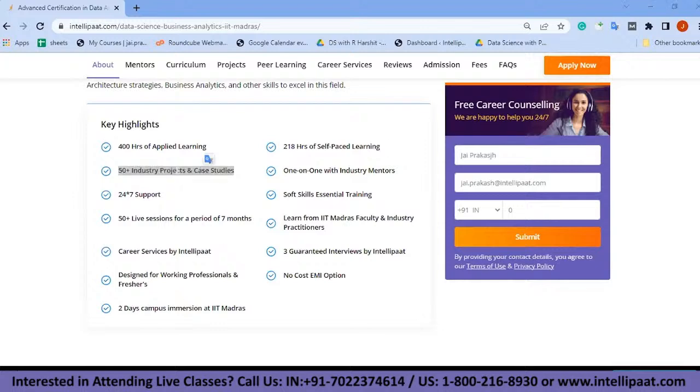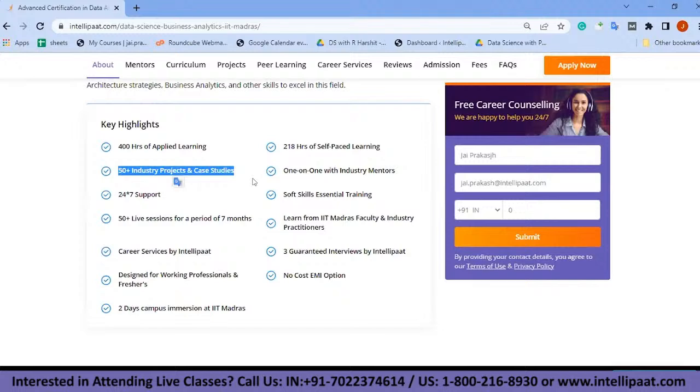Now, the best part of these project work is that all these projects are real world company projects, which means we take these projects from companies and we give it to you for working. We don't give you any dummy data sets or dummy projects to work upon. So the benefit is the same 50+ projects and case studies that we are giving you, in which you will be working in the next 7 months, it will be considered as 6 months of internship in the